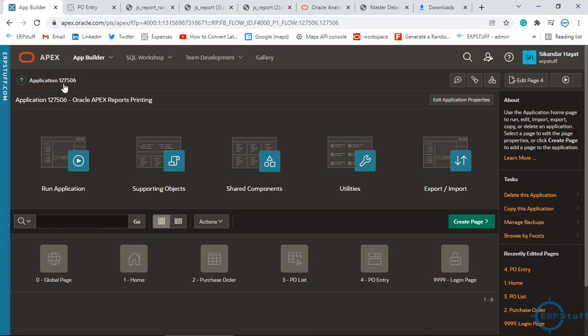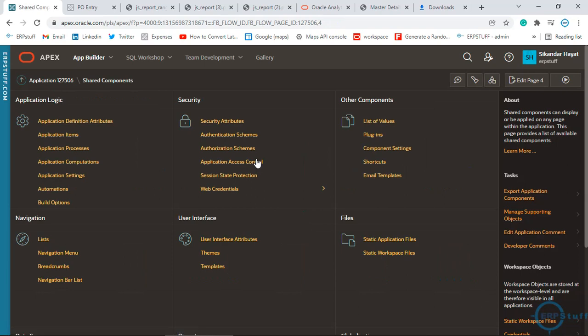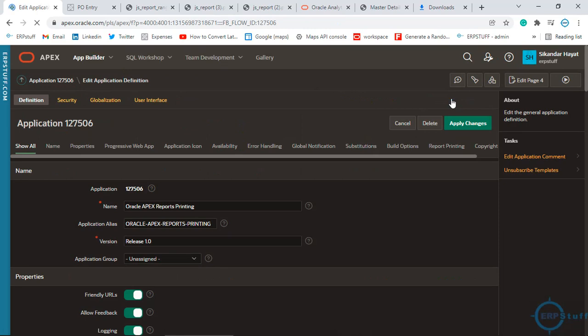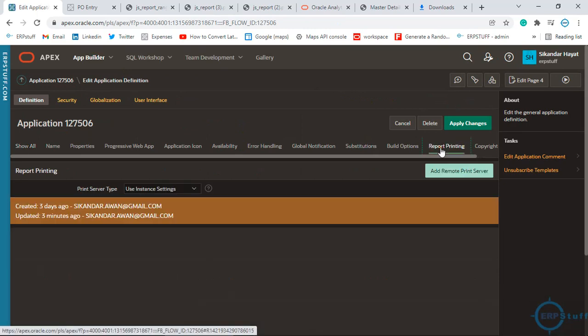What you will have to do, let me show you where you have to incorporate that part. You will go to shared components, and you will come to this application definition attributes from here, or you can add it from here, and then at the right side you will have the report printing, right.